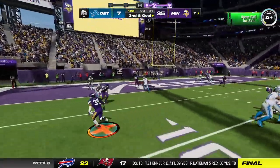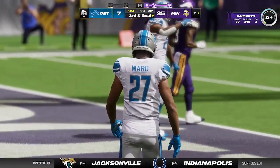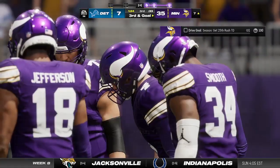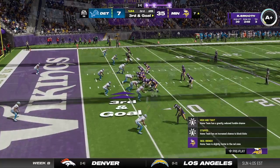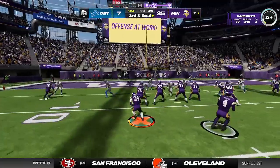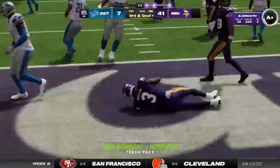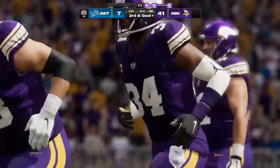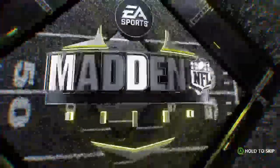Darnold. Looking end zone, but it's incomplete. He was looking that time to get it to Paris Campbell, but now it's 3rd and goal. Back to throw, Darnold. The quick slant caught. Touchdown, Vikings. Jordan Addison, his 1st touchdown on the year. And the Vikings get...